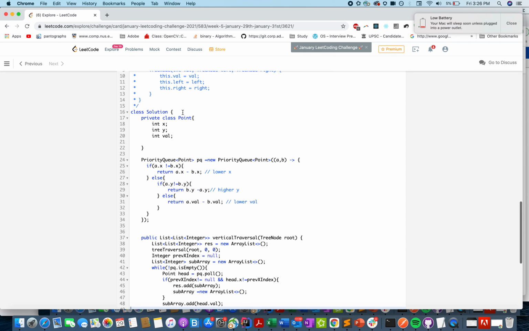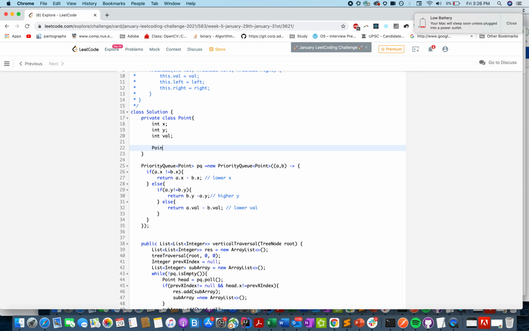There was some issue: I forgot to write the constructor here, so I'll define one: integer val, integer x, and integer y.